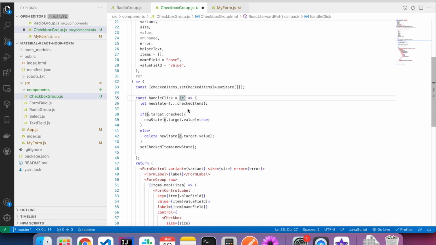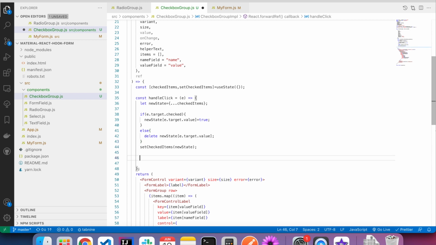I'm getting the item which is clicked. I'm cloning the exact existing checked item state. If the item which is clicked is checked, I'm setting it to true in the checked items, else I'm deleting the value. And then I'm setting the state again. Now I'm going to trigger a change.